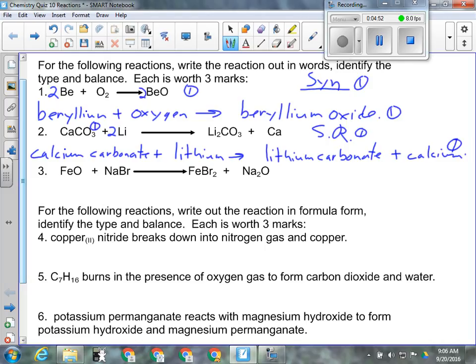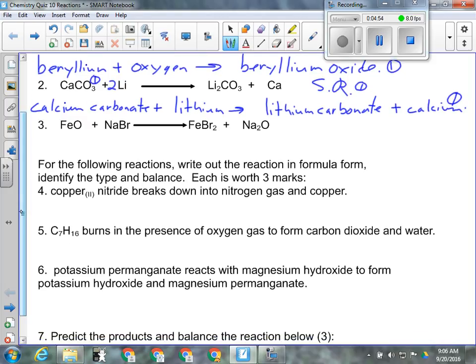All right, number 3. And this one, guys, is probably going to get a few people, because if you recall, yesterday I went over several examples that involved this, and each time I did, I mentioned this is something people will forget when they do this, and it's the Roman numerals on multivalent metals. Okay? Iron, Roman numeral 2 on this one. Oxide is reacting with sodium bromide